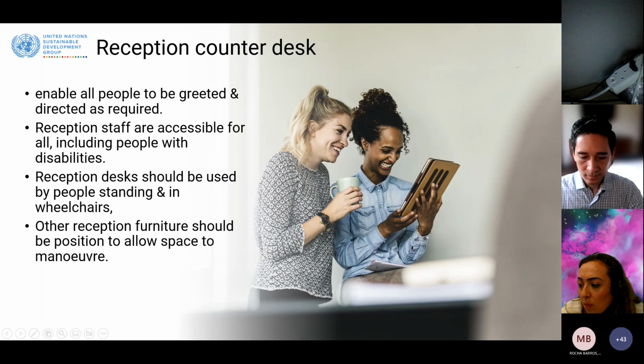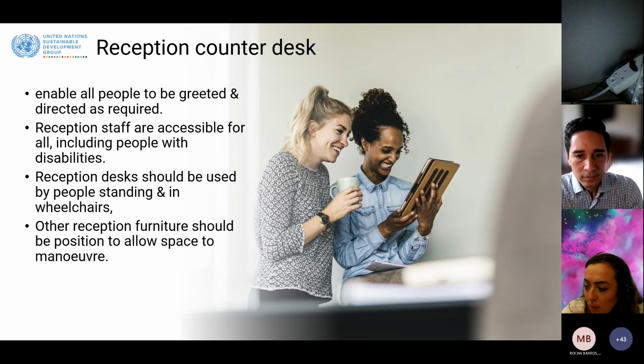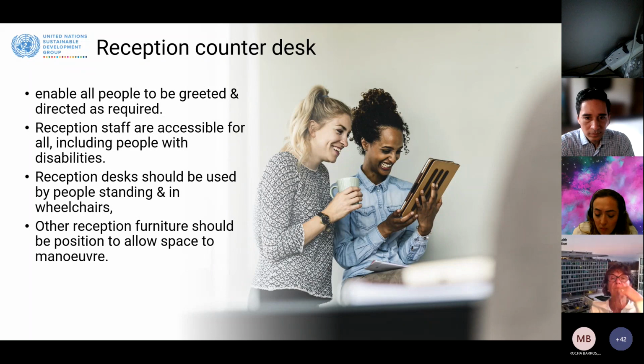The security gate, for instance, is one of the biggest physical barriers that could prevent users who are using a wheelchair from entering the building, because sometimes the security gate is very narrow and doesn't allow a wheelchair to pass through. So be sure to have sufficient space around these gates for a person using a wheelchair to not only pass through but to turn around if need be.